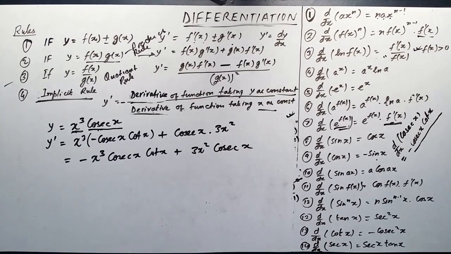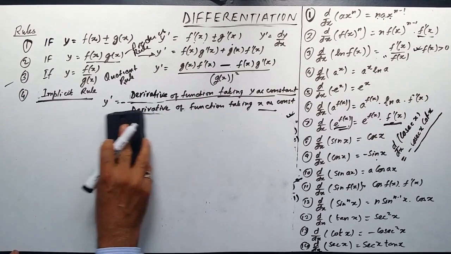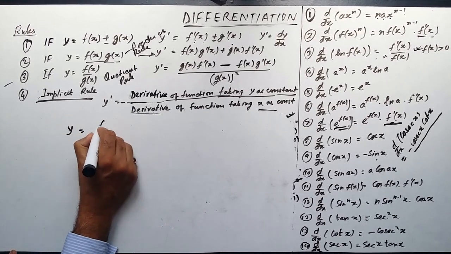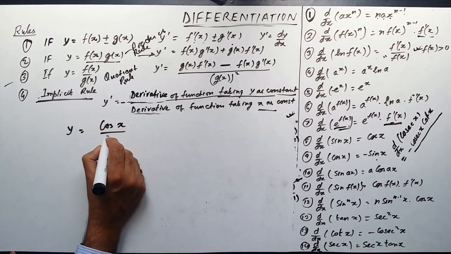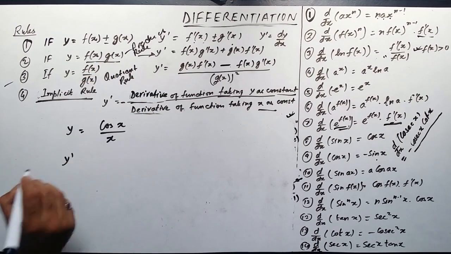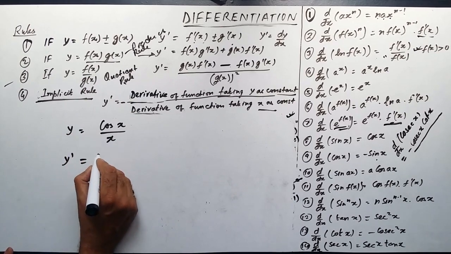Okay, let's see this one. This is a very simple one. Again, it is y is equal to cosine x upon x. Now this is a quotient, so we will apply the quotient rule for finding out the derivative. So the derivative, y stroke,